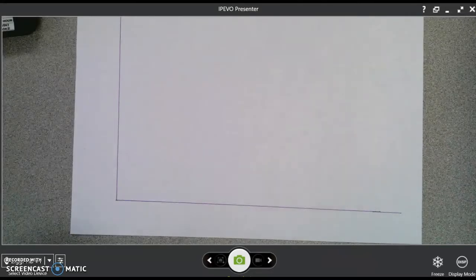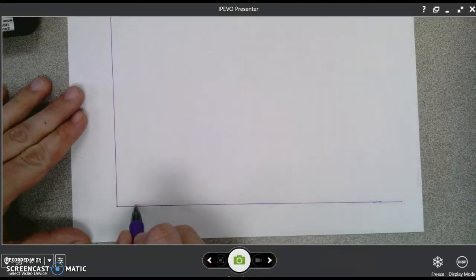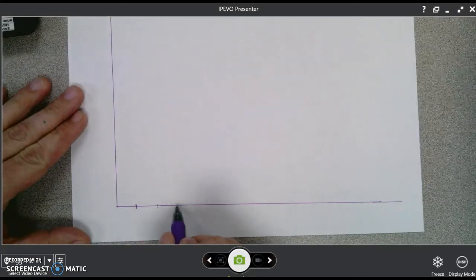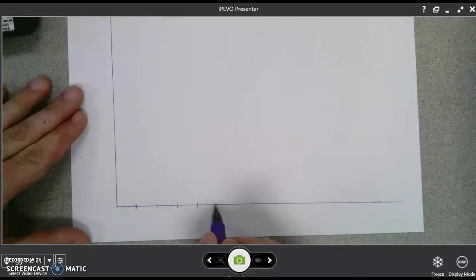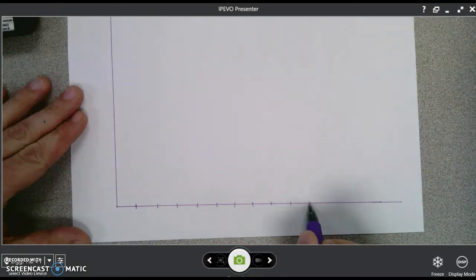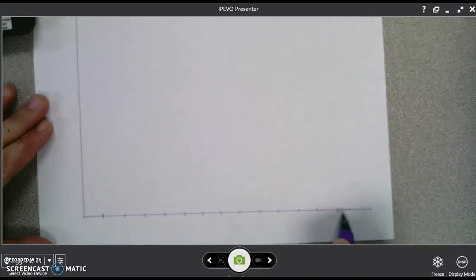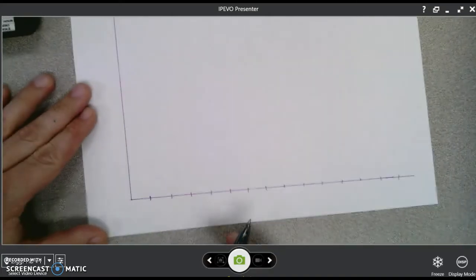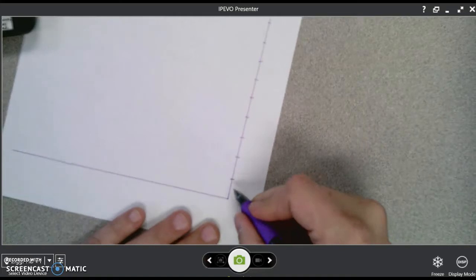So on my graph here, I'll start right around there, and every so often I will draw a line about the width of a finger apart. And then I'll start labeling these. So it starts, we said, with